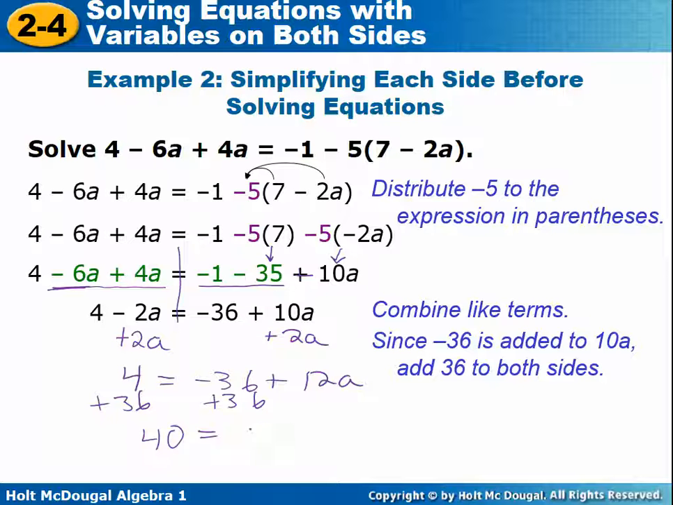So I have 40 equals 12 times a, and I have to divide both sides by 12. Now, I'm going to get a fraction or a decimal for my answer, which we do get sometimes. Let's see, 4 goes into both of them. 4 goes into 40 10 times. 4 goes into 12 3 times. So I could leave my answer as 10/3, or you could change it to, this ends up being 3.333333, or